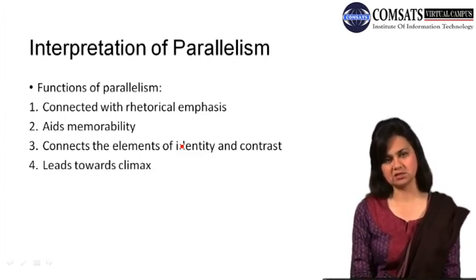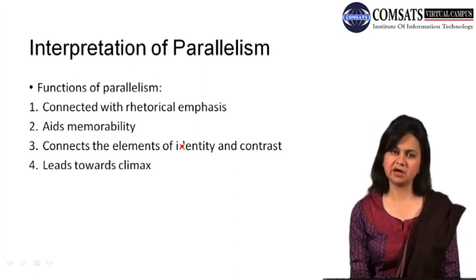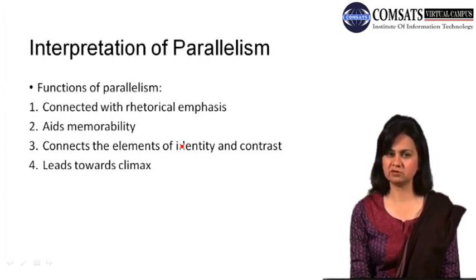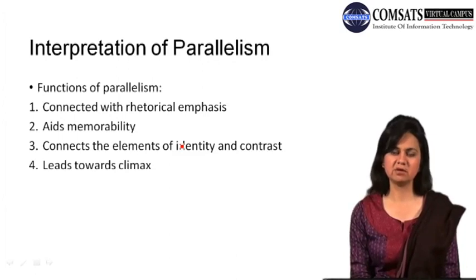We have seen that in the last lecture too, how the element of identity can be connected with contrast. There might be identity at the superficial level, at the level of sound, at the level of phonology or morphology, but at the level of meaning or semantic level, there might be a pun, there might be a paradox, or there might be an antithesis that exists to narrate that within the apparently similar or identical structures, there is also a contrast that highlights the ambiguity, the disorder, the contradiction,